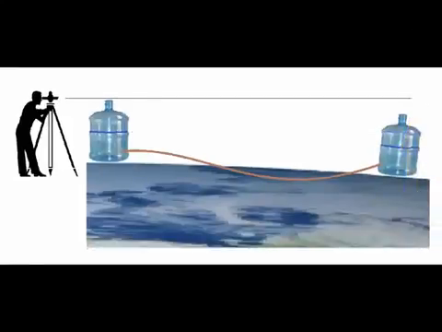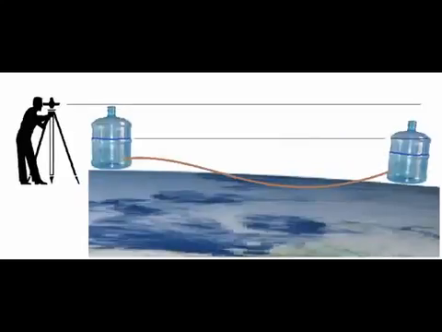Now after you've positioned your water containers, if the water level remains the same height in the can, then you've got nothing to worry about, the earth is round. If however the water decreases